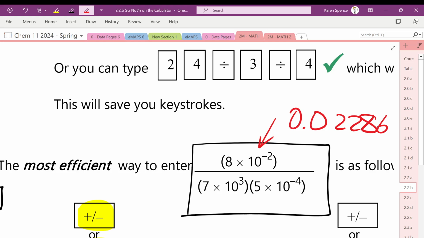Okay. What did you get? Go calculate. And then because this is in the denominator, this divides